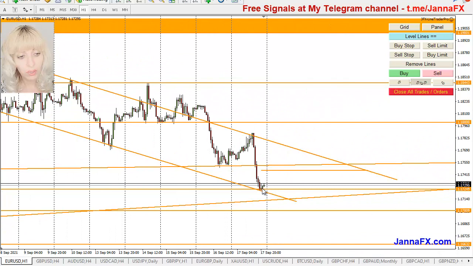This time again, we stopped not in a very good area because I really wanted it to go to 117, where I could have looked at possible entry points. If it would have consolidated here, I would be more likely placing my buy pending orders for that good correction of that movement. But because it stopped a little bit high, I don't want to go into the trade.